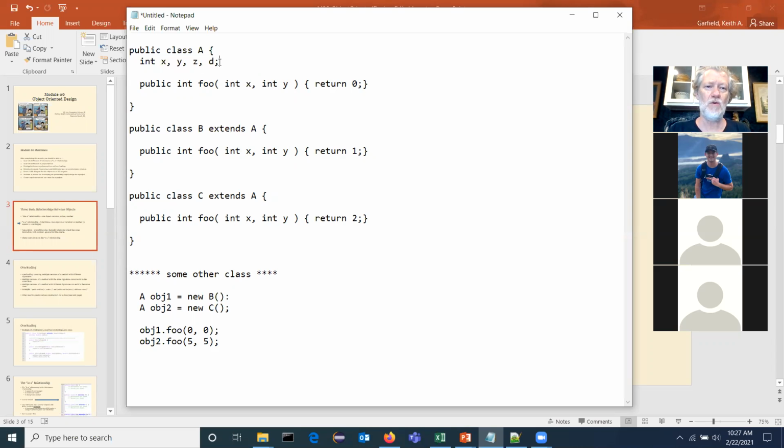Right. So like here I have class A with 4 attributes, X, Y, Z, and D. And class B, how many attributes does it have? It would have 4 as well. X, Y, Z, and D, even though I didn't do anything. And if I did this, how many methods does class B have? It still has the foo method that returns 0. Now, why would you do this? It's starting to click. Okay, good.